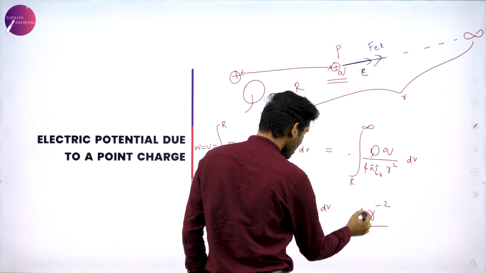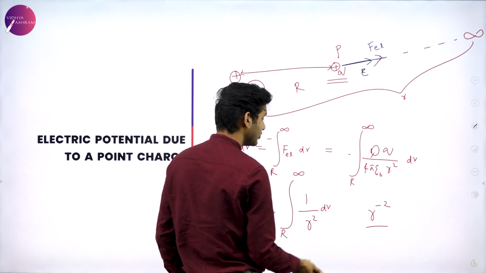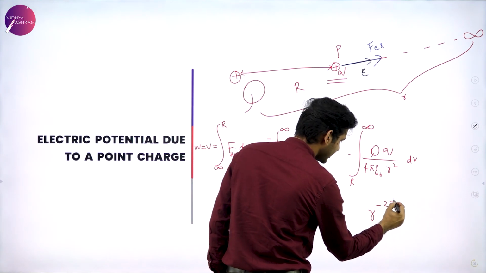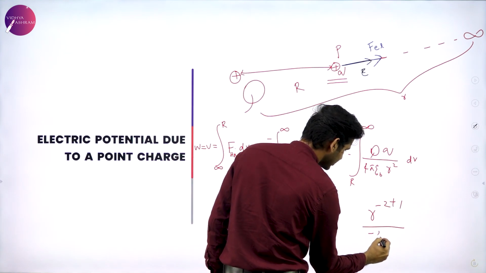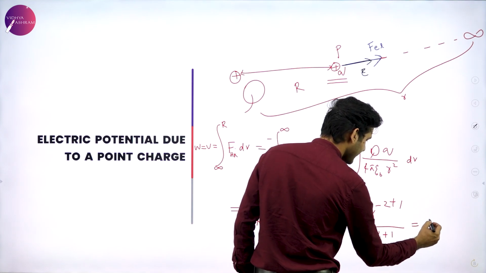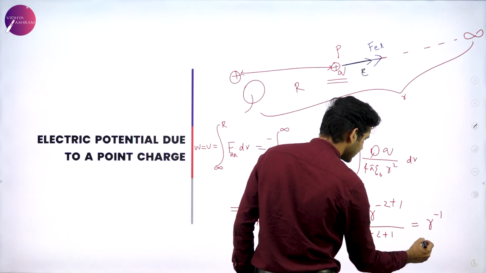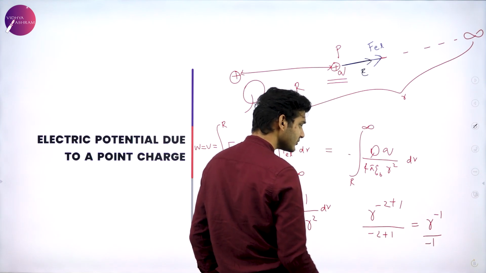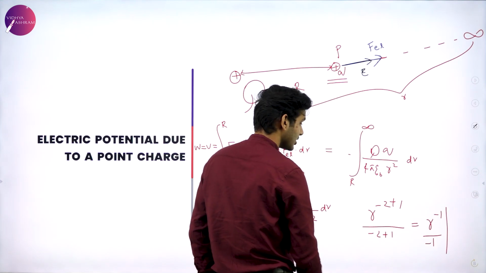On integrating r raised to minus 2, we get r raised to minus 2 plus 1 divided by minus 2 plus 1, which is r raised to minus 1 by minus 1, from the limit r to